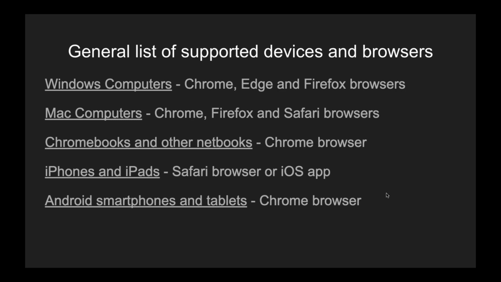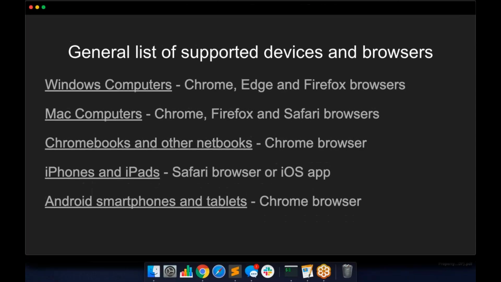Very exciting. We highly recommend it because that has all the updates, whereas the iOS app doesn't. But they can still use the iOS app. It still works. It just doesn't have all the new cool features that the browser has. And then, of course, Android smartphones and tablets can take SightReadingFactory assignments in the Chrome browser. Okay, so